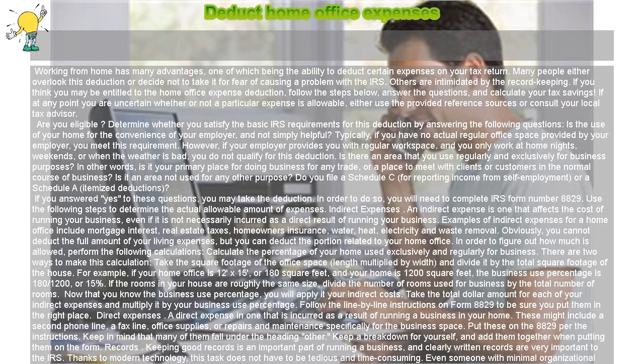Obviously, you cannot deduct the full amount of your living expenses, but you can deduct the portion related to your home office. In order to figure out how much is allowed, perform the following calculations. Calculate the percentage of your home used exclusively and regularly for business. There are two ways to make this calculation. Take the square footage of the office space, length multiplied by width, and divided by the total square footage of the house. For example, if your home office is